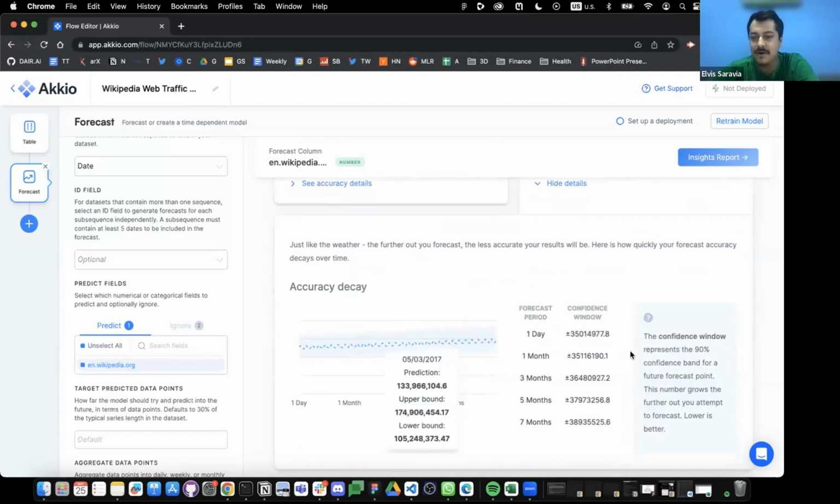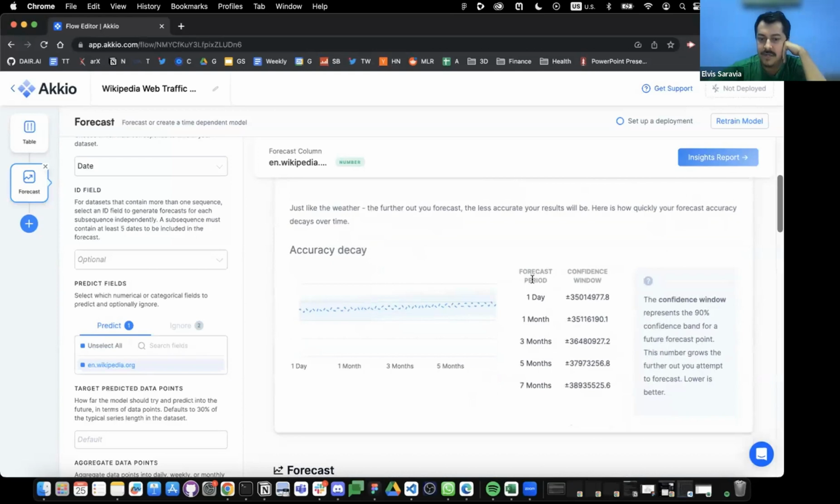I mean, what you want to know is how confident, right? What's the confidence of this model, and how well is it modeling the behavior of your data? That's really important. And usually with forecasting, the accuracy will decay over time. That's expected. But you want to see, if it's 1 or 2 months ahead, as you extrapolate, how the performance of the model degrades. But for this model, you can see that it's remaining pretty consistent.